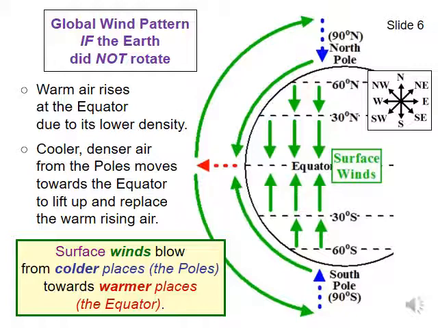It would be lovely if this were the end of the story. Sadly, the major winds are a bit more complex than those shown in the picture on the slide. This picture shows how the winds would blow if the Earth did not rotate, and yet sunlight was distributed evenly at each latitude. In other words, the picture on the slide is not the global wind pattern. However, it is a good starting point for understanding the more complex global wind pattern diagram, and illustrates one essential idea to remember: at the surface of the Earth, air tries to move from the cold poles towards the warm equator.